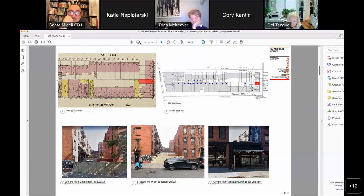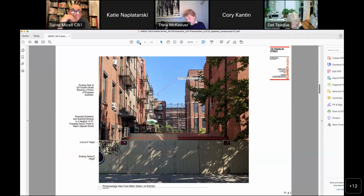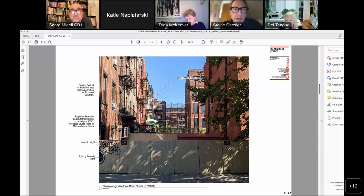I'd like to add a possibility, thinking about what Sante is proposing, but also something additional: that we write a letter to the council member requesting that he consider legislation about any future backyard being removed. We could do that as a community board, I would think. Yeah, I don't see why we couldn't. Is it city legislation or state? City. Okay, so I would think it would be city legislation. Yeah, I would add to that, writing City Planning as well, to offer a zoning or text amendment